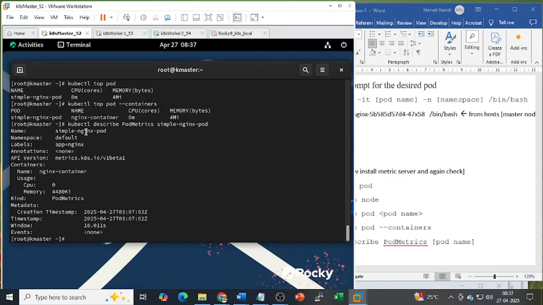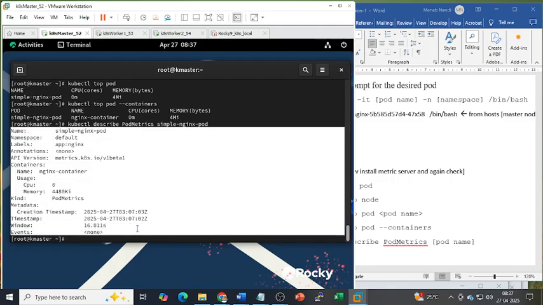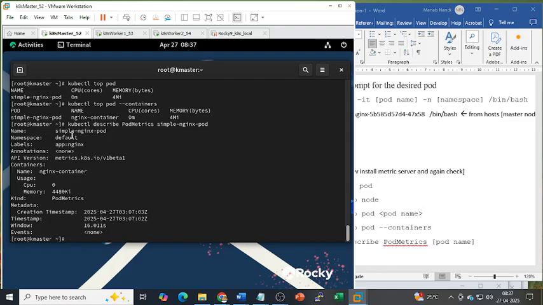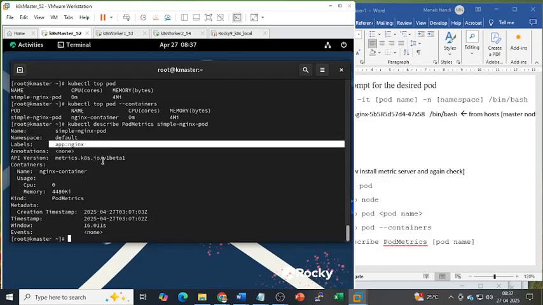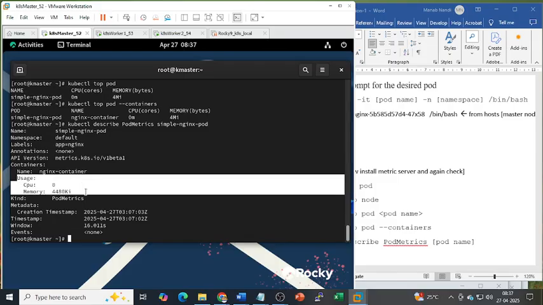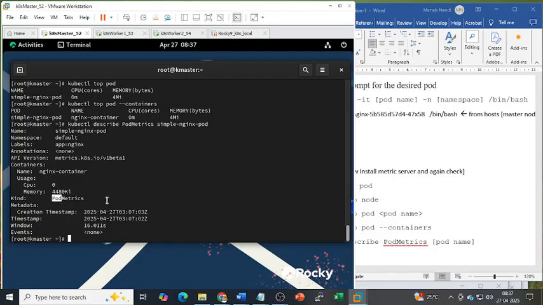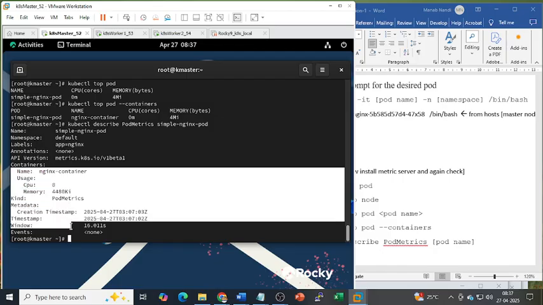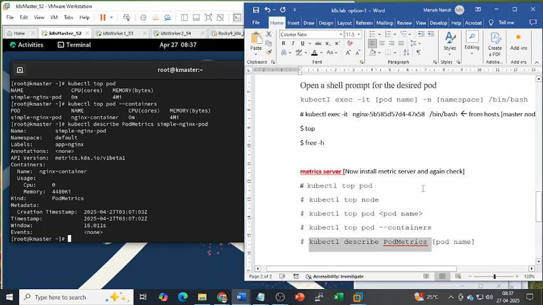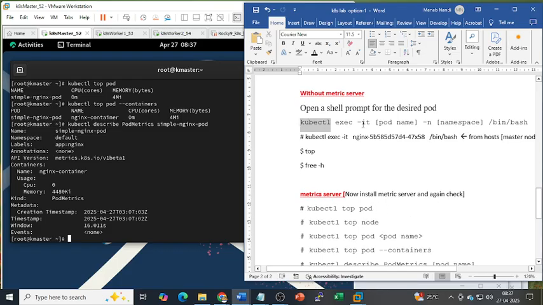So the describe command is always lengthy. Within this you can check the name, in which namespace, labels, anything is there, app equal to Nginx, and all the options, API server and usage, CPU, memory, kind, it is pod metrics, all information is there. So once you install this metric server, these are the commands, using this you can check your details. Or this is another command,